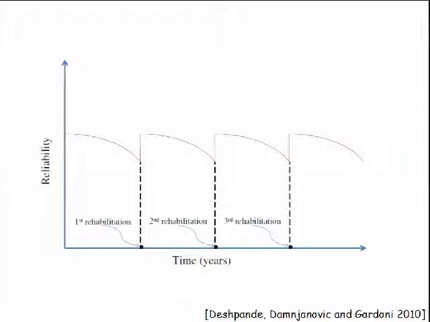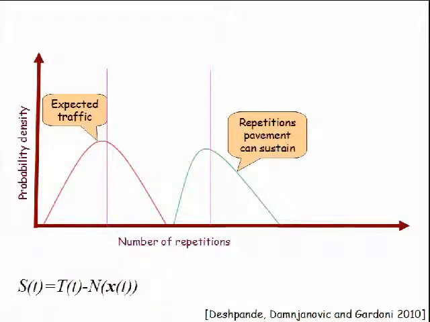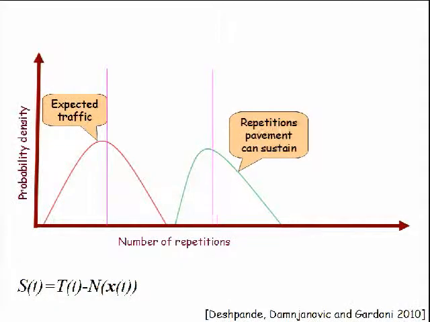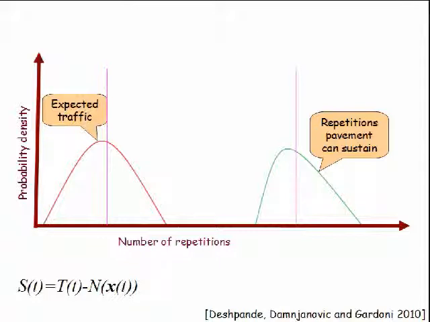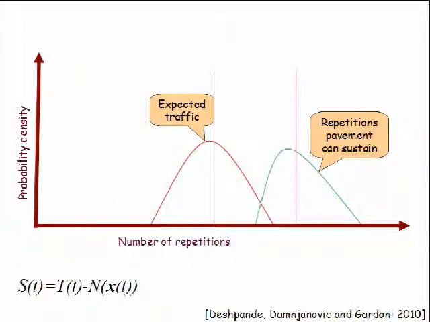And fortunately, or maybe unfortunately on my part, somebody else has done this part of the research. So it would look like this: this is my expected traffic, and this is the pavement repetitions that the pavement can sustain. Now, I am providing additional overlay, and therefore I'm enhancing the number of repetitions the pavement can sustain. But then traffic is again gradually approaching and catching up, until the reliability becomes negative, which, as I told, is not good, because that's where the traffic is exceeding the number of repetitions the pavement can sustain. So it reaches here, and once it reaches a cutoff value, we recommend that there should be an overlay.